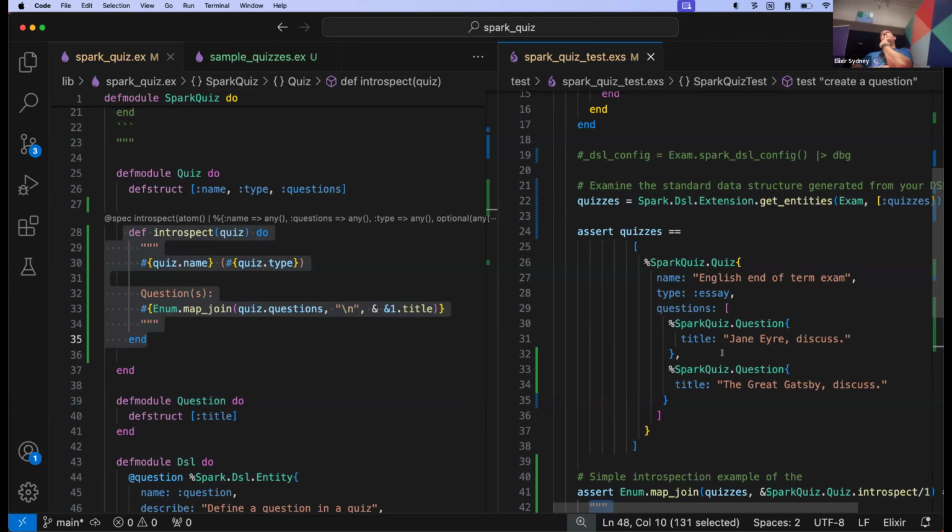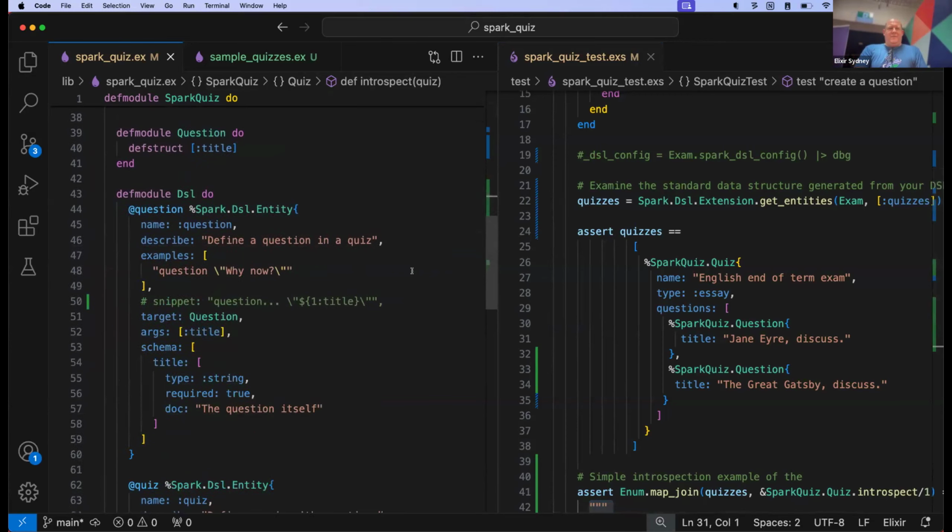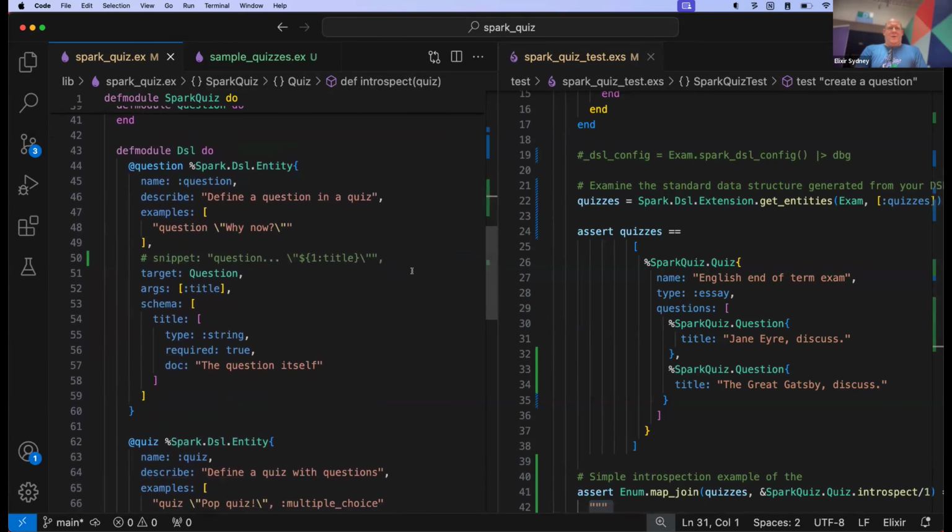No, not unless you do your own introspection step to turn it into code. So no, it doesn't go directly into code. And I think the great irony of what we saw on the left, if you had been feeling the same way I did when I was writing this, I was like, why am I configuring a DSL using structs?